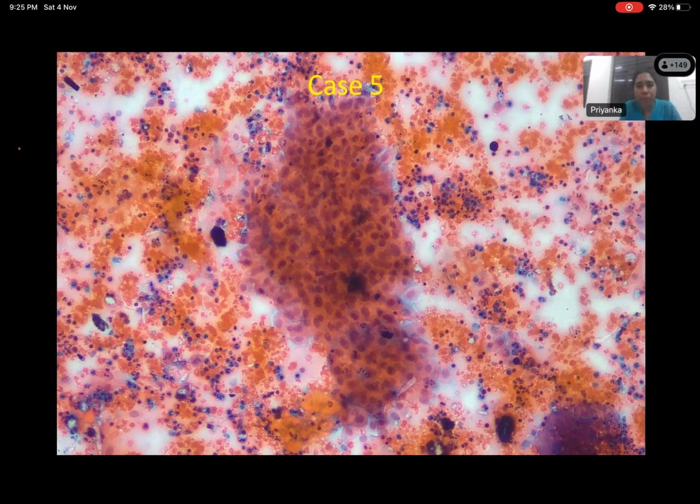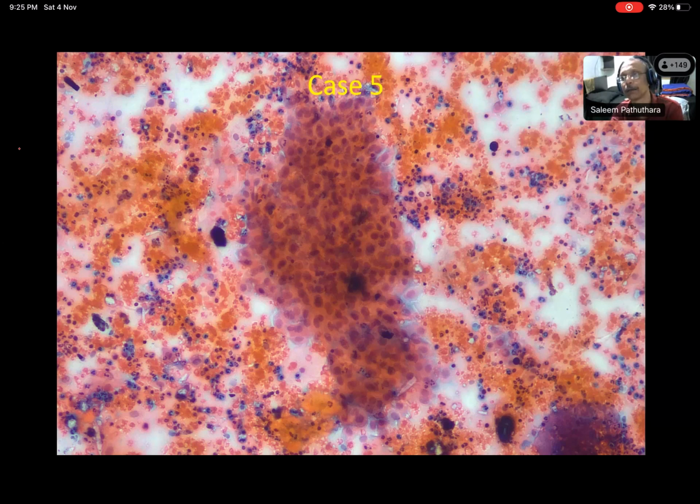See, we will get squamous cells only because it is cervix, it is a pap smear. Squamous cells will be there. There are a lot of RBCs here, and she's a 55-year-old woman. So, do you really think you will get glandular epithelium in large clusters in an atrophic woman? No, sir. What will happen to the endocervical epithelium in an atrophic woman? It will be deep inside the endocervix, right? There will be retraction of the endocervix, so you don't get the endocervical cells.